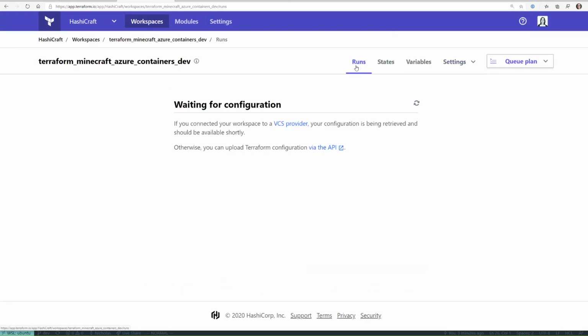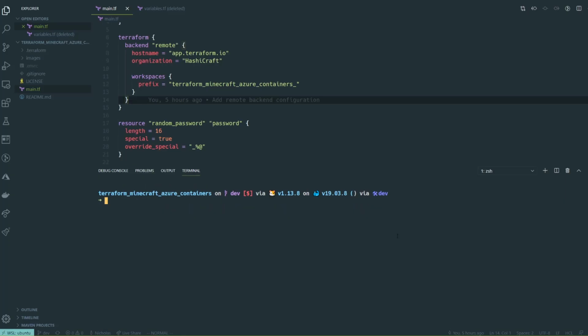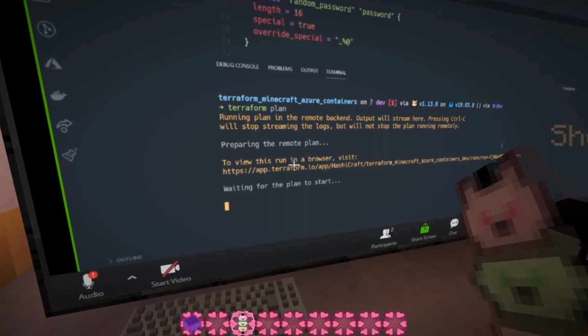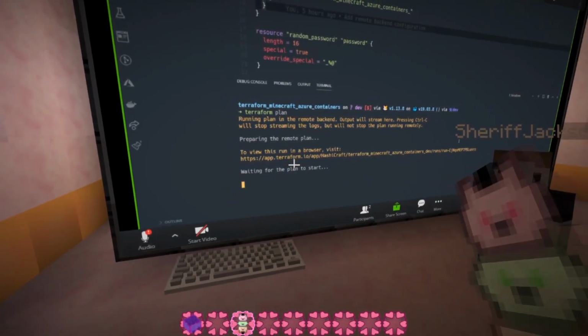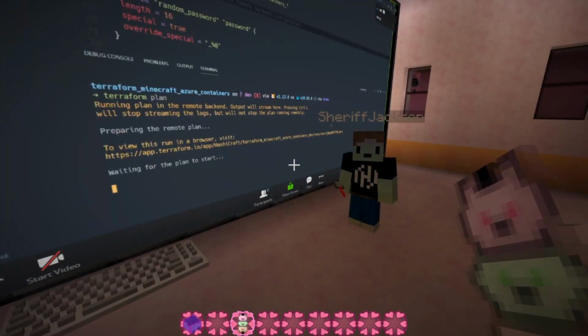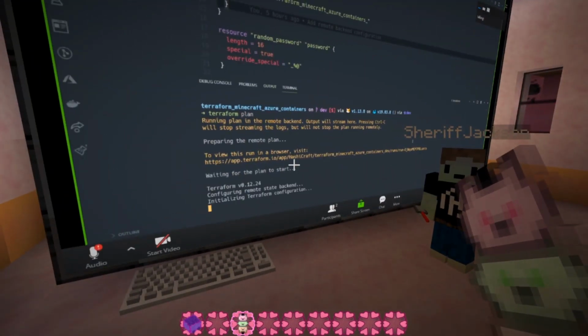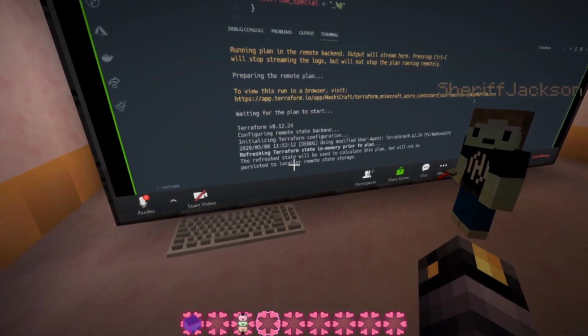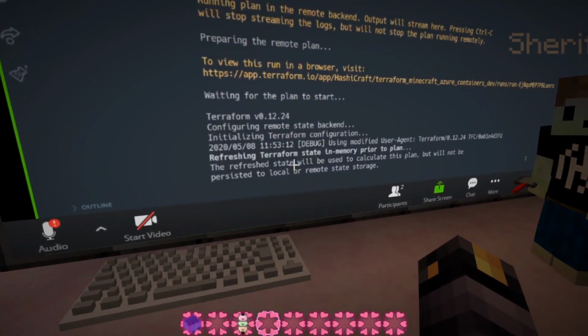It's really not. So we're waiting for the configuration there. And that's just going to take just a second while Terraform refreshes itself. But we're going to get all of that set up. Okay, so let's just run a Terraform plan now. Terraform plan. So what's happening here is we're running that Terraform plan, and it's going to be running against Terraform Cloud. None of the environment variables or anything is local, and that's kind of the beauty of this integration with Terraform CLI and Terraform Cloud. And that's just going to take a short minute there to complete.